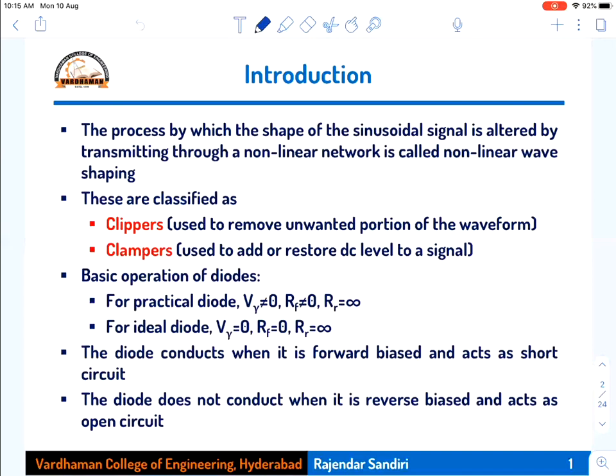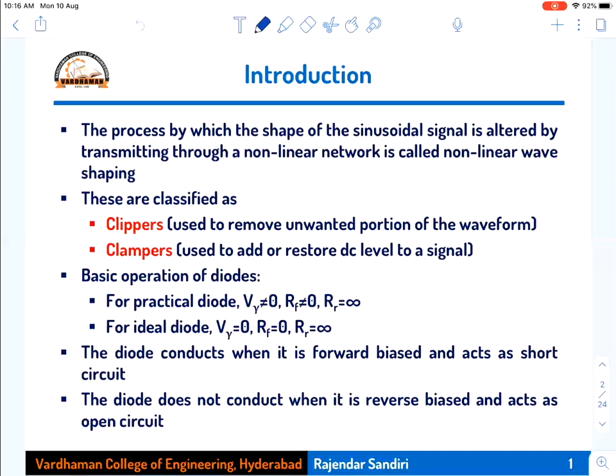If the diode is forward biased, simply remove the diode and put a short circuit. If the diode is reverse biased, simply open circuit it. Then the remaining portion of the circuit, we can just analyze and take the output voltage. And if it is a practical diode, if the diode is forward biased, replace that with a battery of V gamma. And if the diode is reverse biased, it will be just an open circuit. So the difference between ideal diode and constant voltage model is, if the diode is forward biased, just make a short circuit in the ideal case. In the practical case, just replace the diode with a battery of V gamma. So these two are the very important things.